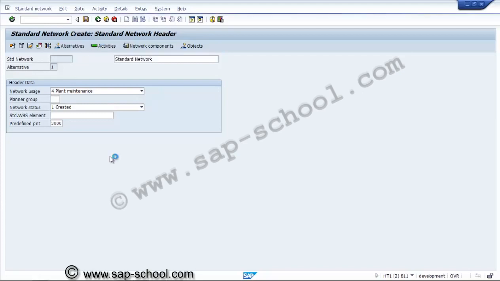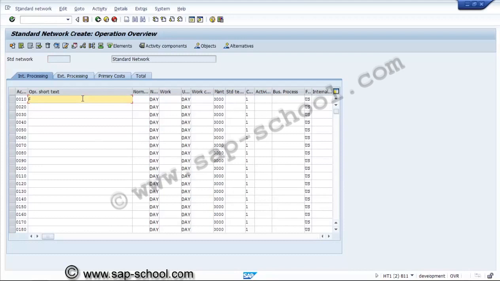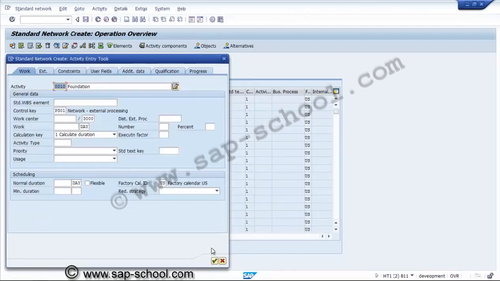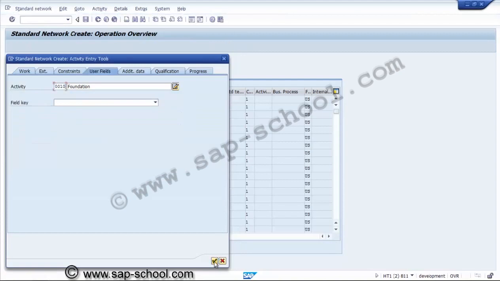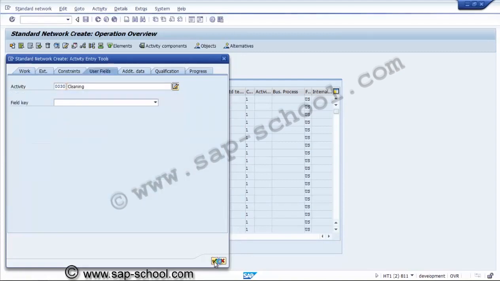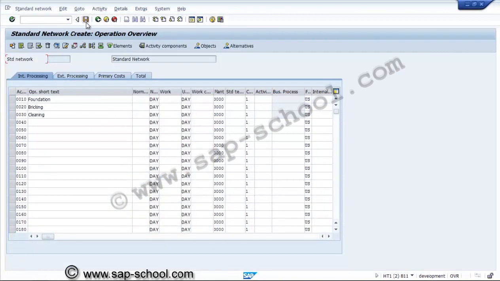If we want, we can create the activities for the same. So here we have created the activities, and we haven't assigned any number range profile as external, so the system will generate one internal number for the standard network.